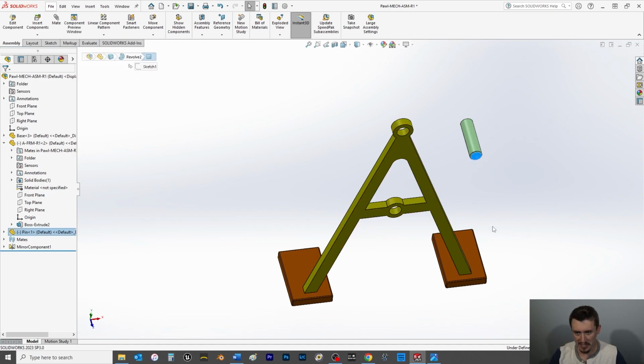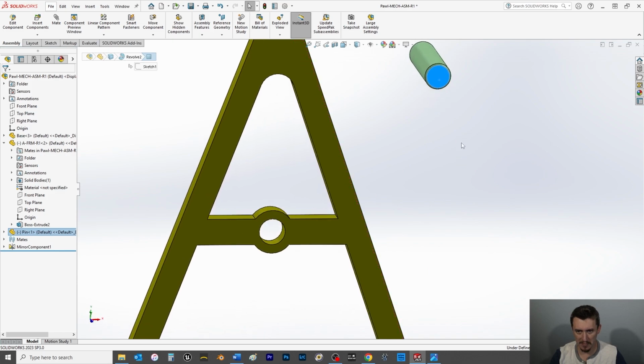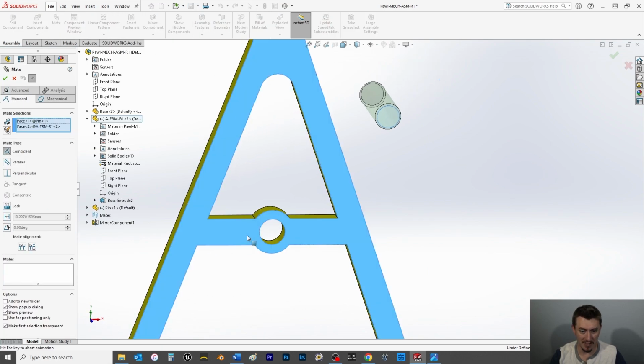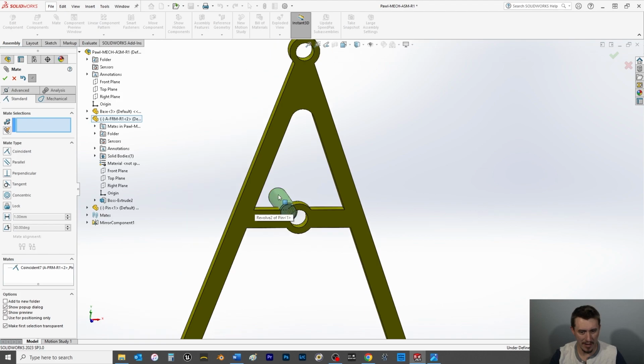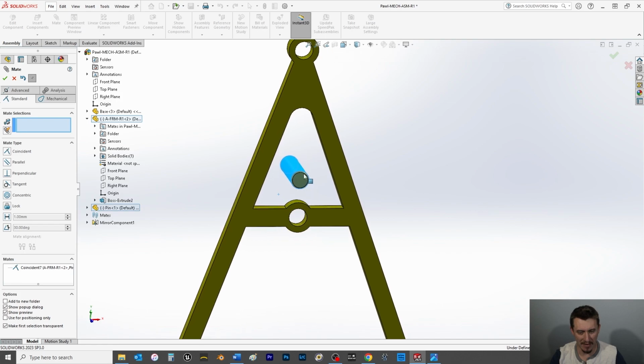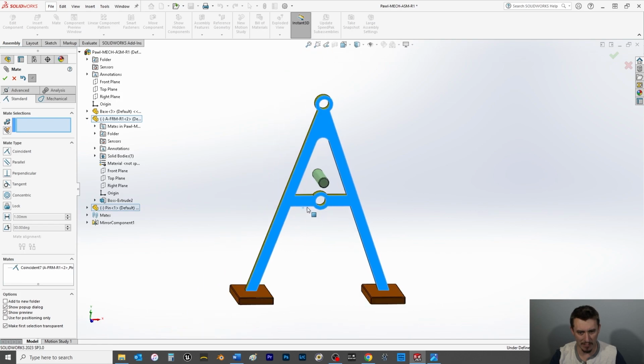So I'm going to take this face here, we'll hit mate, and then I'm going to select this face of the A-frame. It's part 1. Now it can go anywhere, and this A-frame is still moving back and forth accordingly, because again we haven't fixed it in place yet,